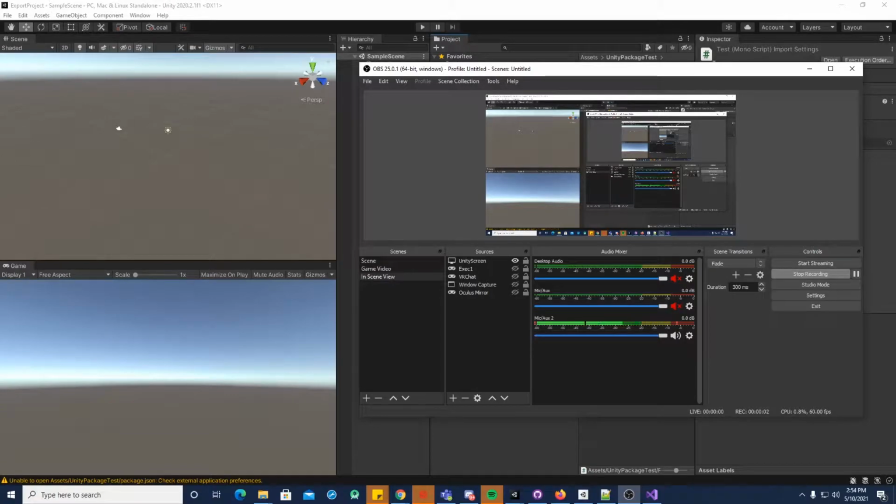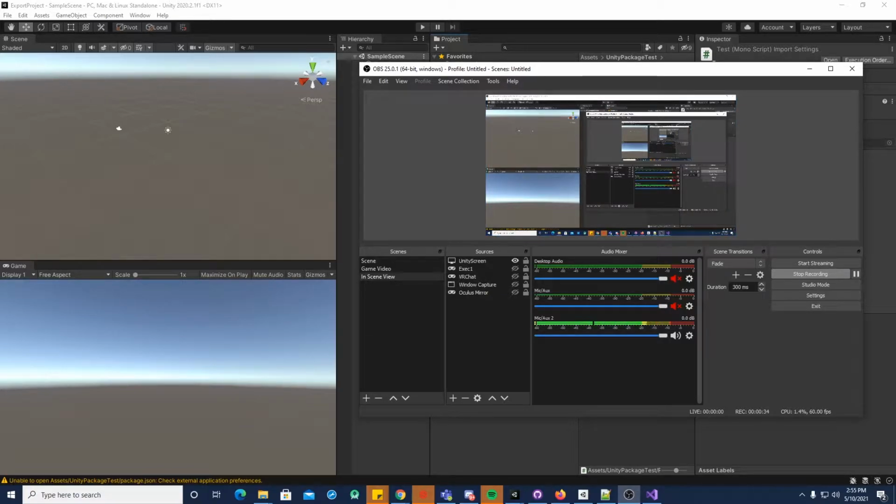Hey gang. So I've been taking some time to work with Unity's package manager system, specifically in reference to its ability to use Git repositories so that we have a more streamlined way of sharing and deploying assets and packages for us to use. So to run through this sort of test example that I've decided to create, because I wanted an easy way to share and demonstrate exactly how this process works, you're going to need a couple of